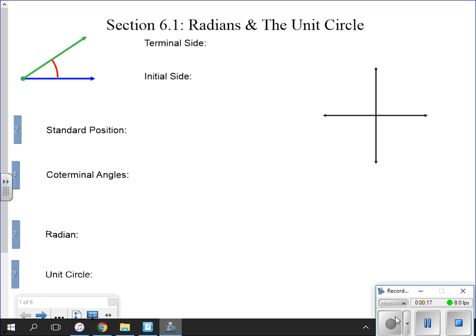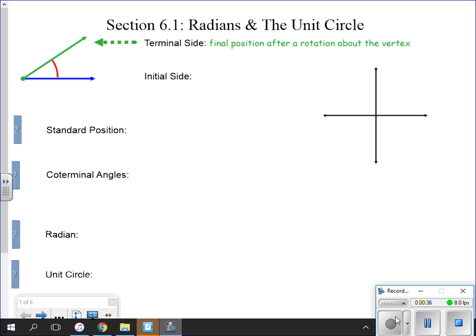So, radians in the unit circle. We're going to be talking about angles, and our angle measurements are not going to be in degrees. We're going to get away from degree measurements. First of all, when we're talking about angles from the unit circle standpoint, which is what we're going to be dealing with here,